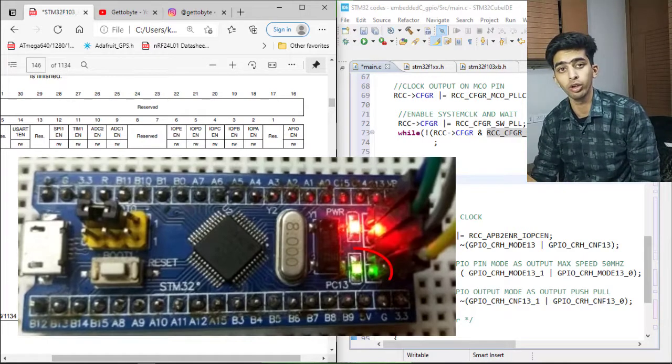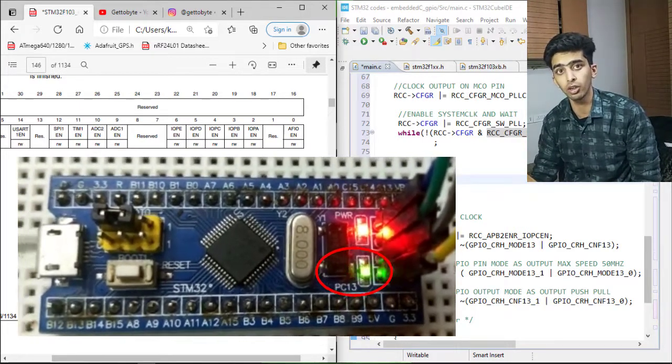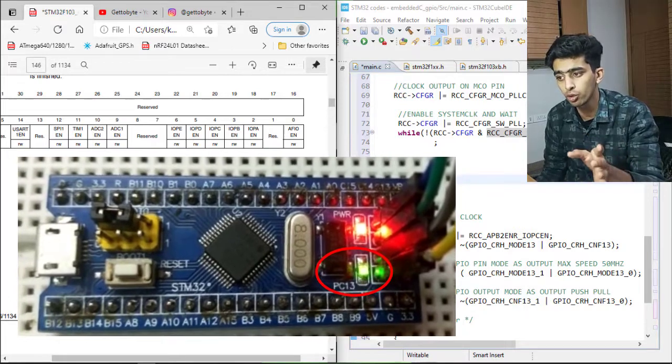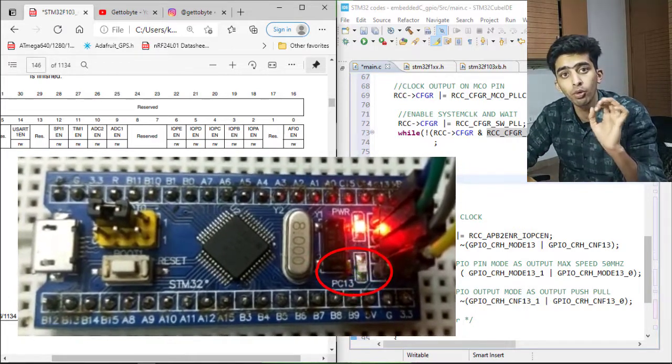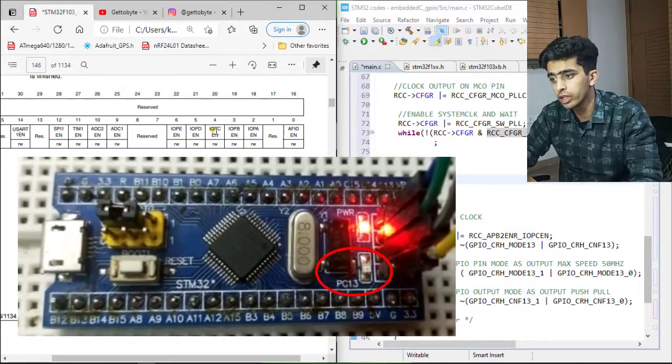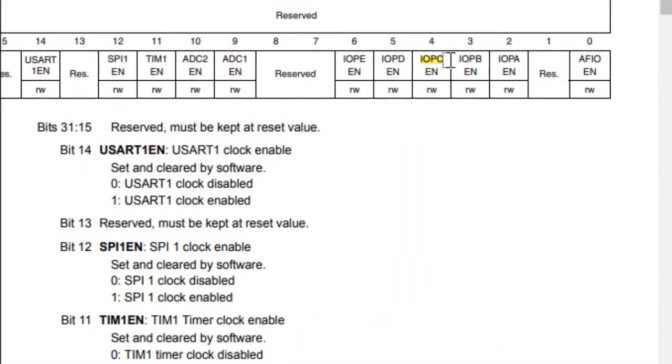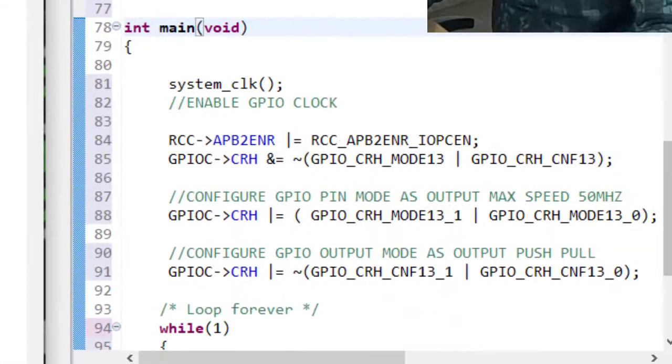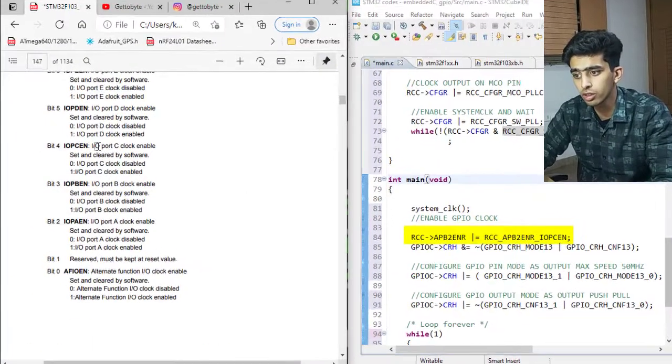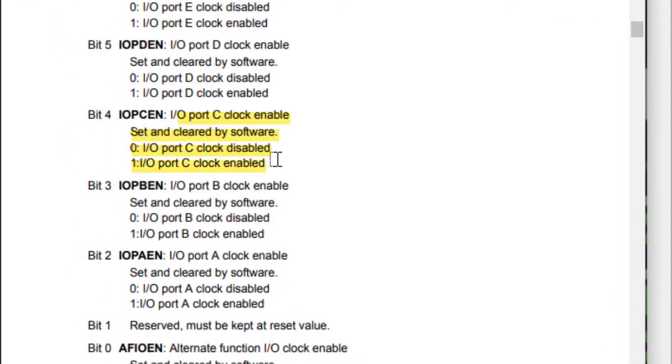As we are going to blink the onboard LED of the STM32 Blue Pill, and it is on port C, I need to set my IOPCEN bit to 1 for enabling the clock source. That is bit 4, as you can see here, I/O port C clock enable.